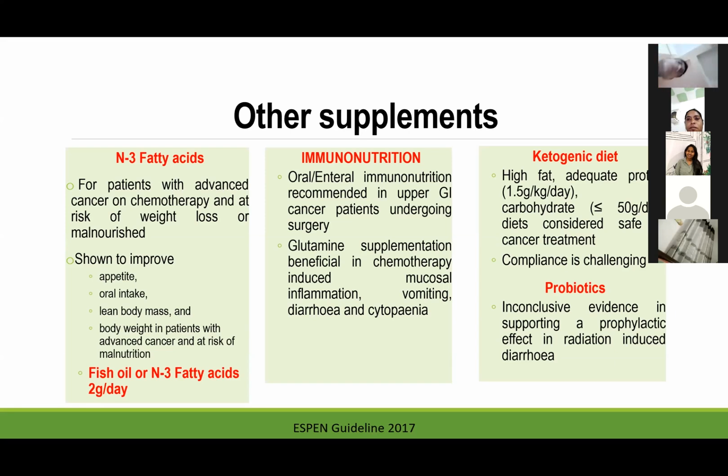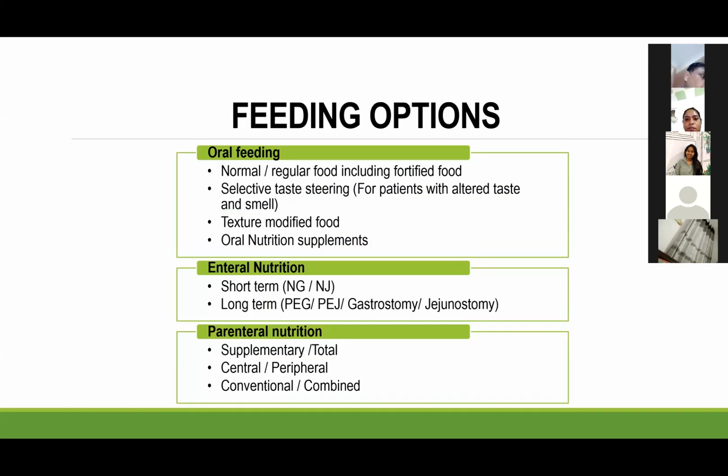And the other one, I think a very famous one that everybody is doing currently, is the ketogenic diet. That is another one, with high fat, adequate protein, and low carbohydrate, considered as safe in cancer treatment. But compliance is very challenging with that type of diet, because it is very highly restricted, a very different diet. So the next one which comes is the feeding options,